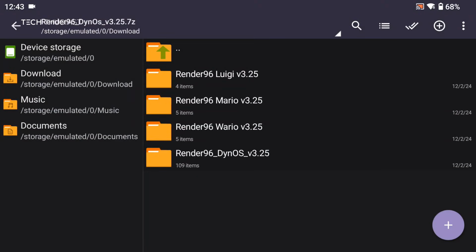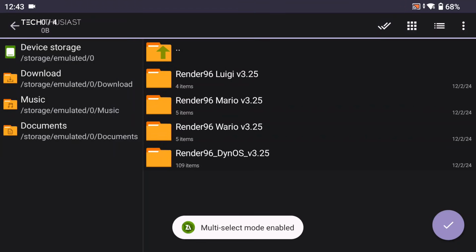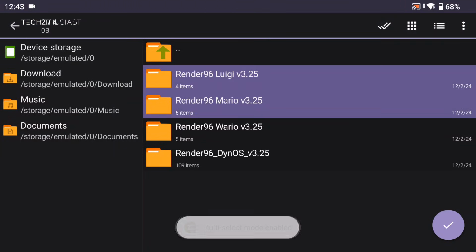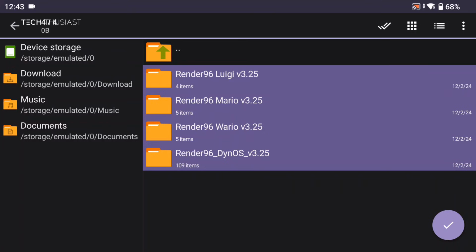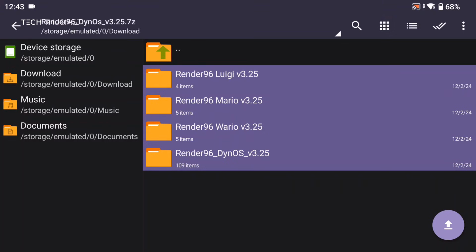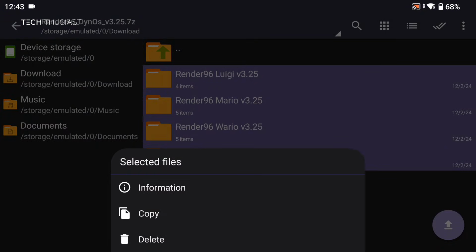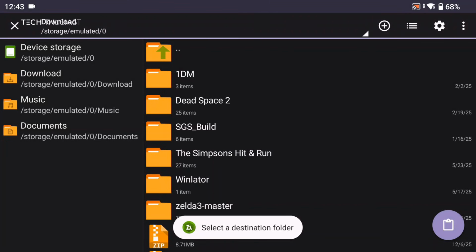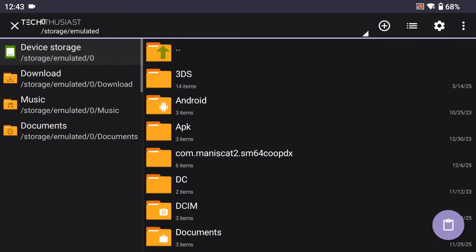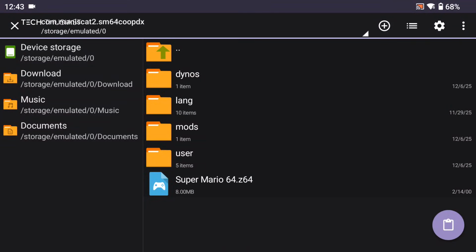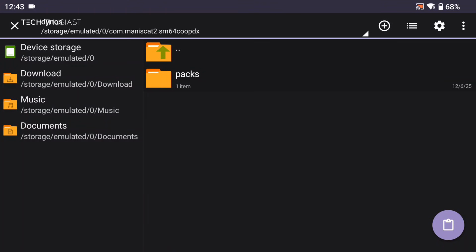Alright, next is the model pack. So we're going to open that, and we have individual folders. So here right now we've got 3 character models, and then there's other models here in the Dinos folder. So we're going to select them again as we did before, copy it and go back into the packs folder,